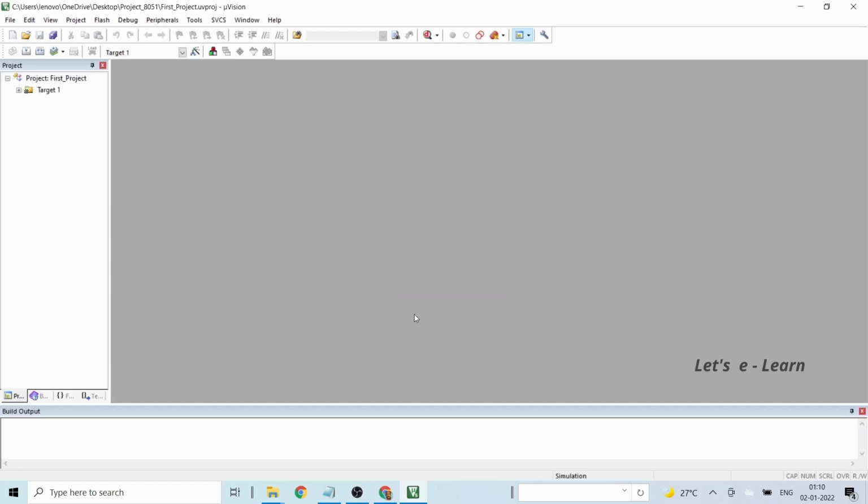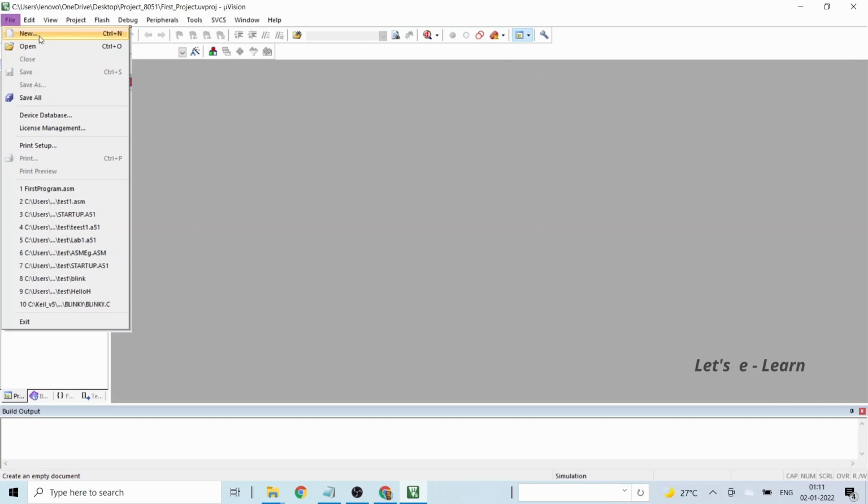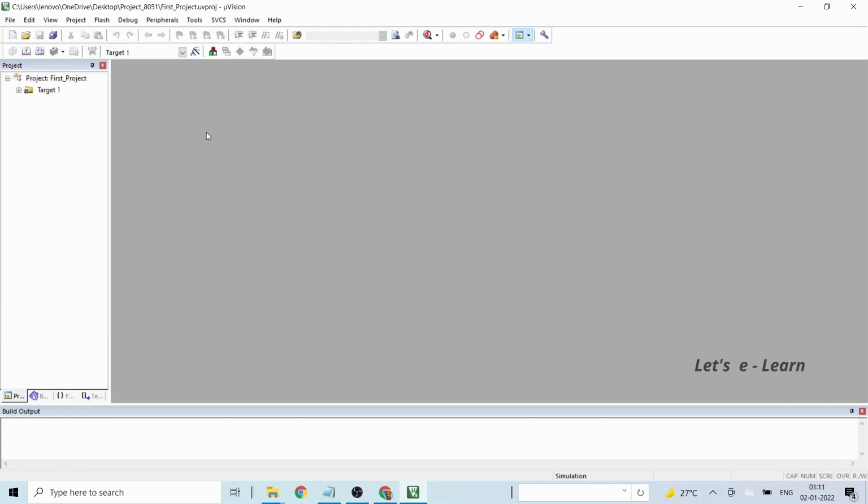Next, we'll see how to write an assembly language program, how we can compile it, build it, debug it, run it, and see the output. To write the code, go to the File, select New, or click on Create an empty document button.